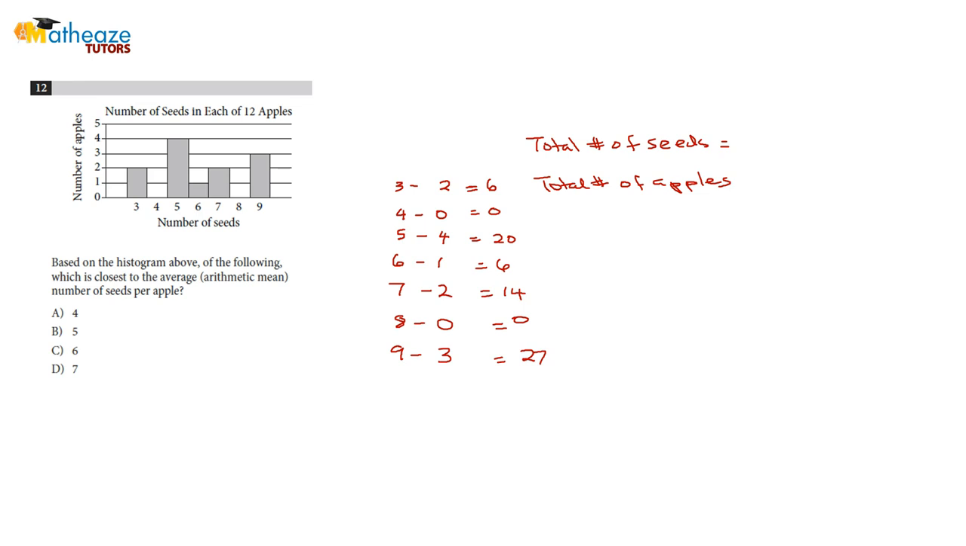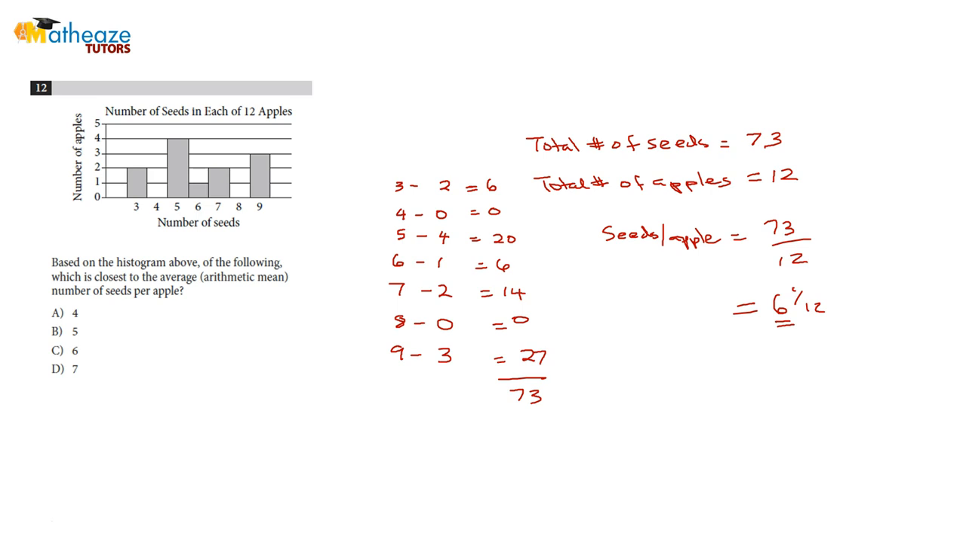6 plus 20 is 26 plus 6. That will give us 32 plus 14, 46 plus 27. We have 73 seeds. So this is 73 seeds. Now, how many apples do we have? We have 2 plus 4, 6 plus 1, 7 plus 2, 9 plus 3, 12. So we're looking for seeds per apple, which is going to be 73 divided by 12, which is going to be 6 and then 1 over 12. So roughly about 6